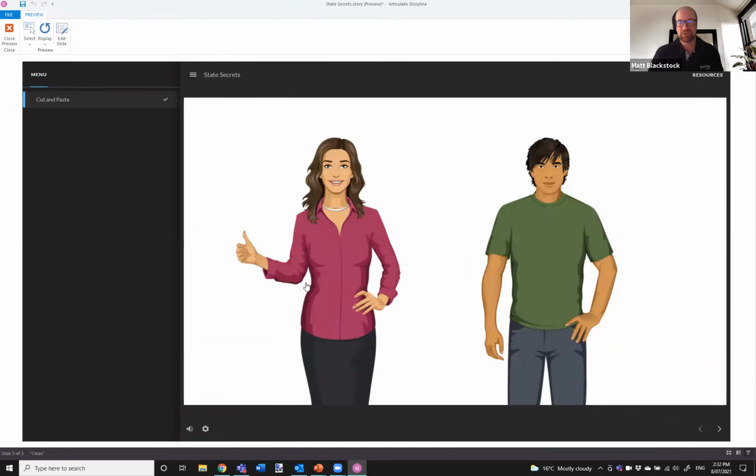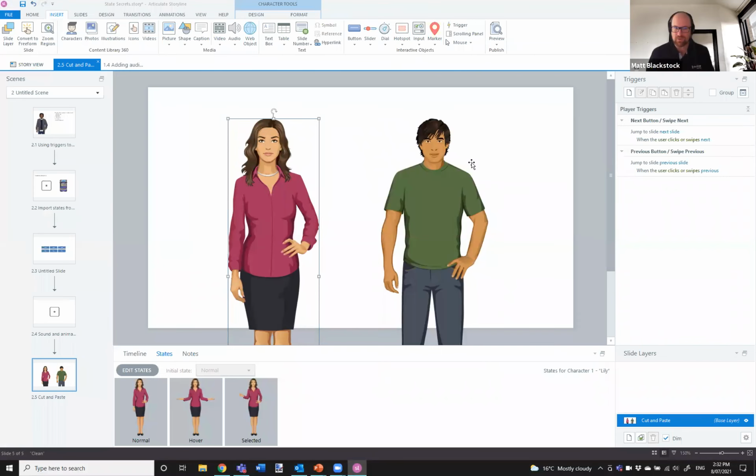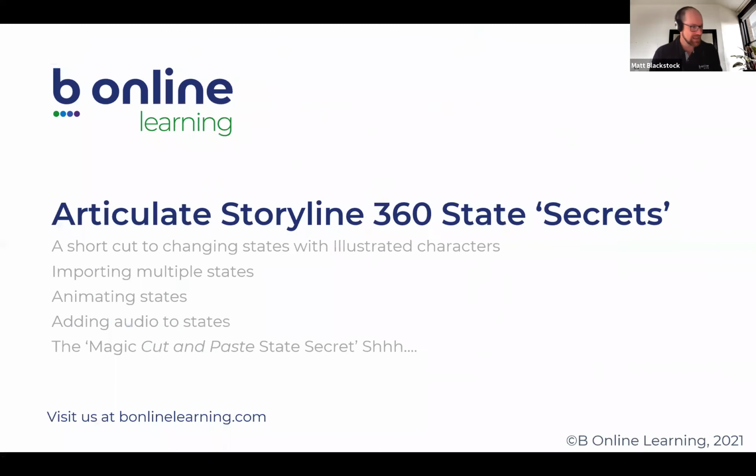Okay. So that's just one thing I kind of wanted to share with you, is that if your states are misbehaving when you get a bit creative with them, try the cut and paste trick. You don't have to do anything special. Just open the state, select it, Control X to cut it off the slide, Control V to paste it back on the slide. And 99% of the time, it'll actually get up and working for you the way you want it to work. Okay. So ladies and gents, that brings us to the end of our time together.